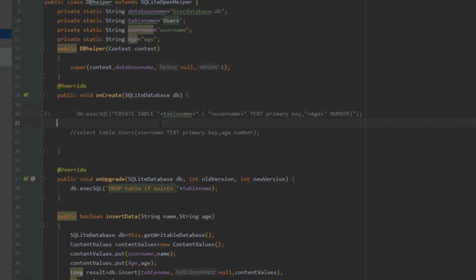Okay, let us type again. Whenever you write a query, you have to write it the correct way. I have made some mistakes, so I am rewriting now.